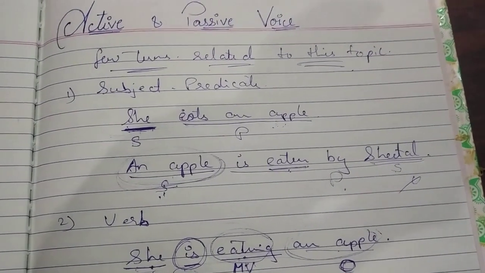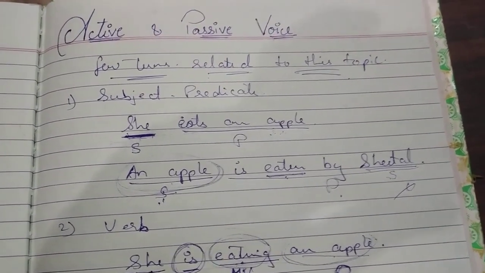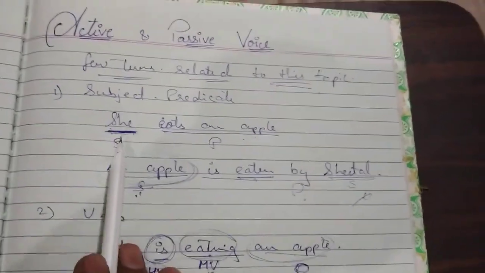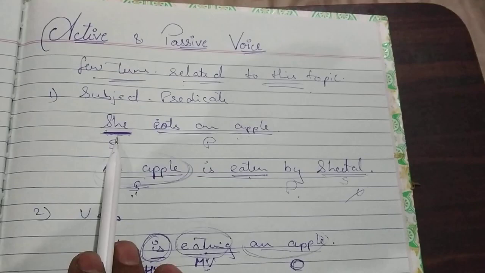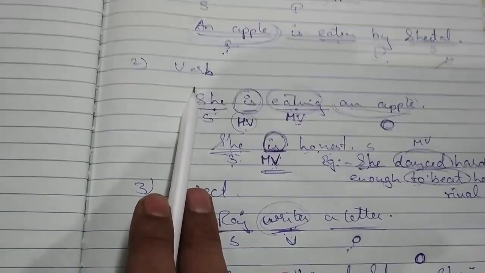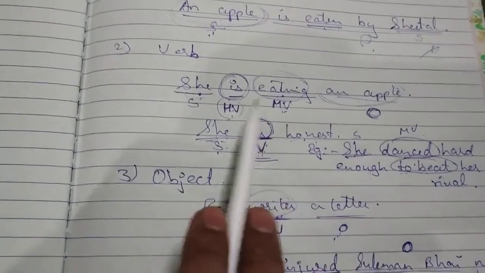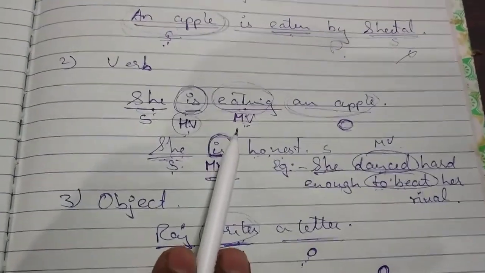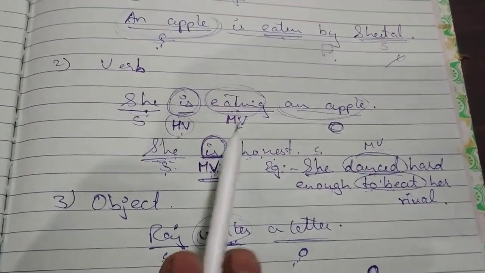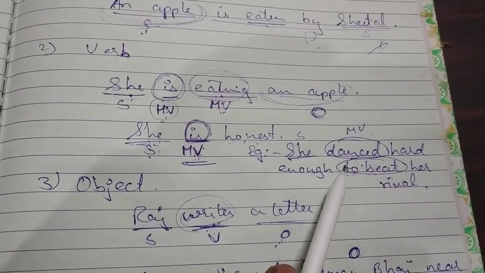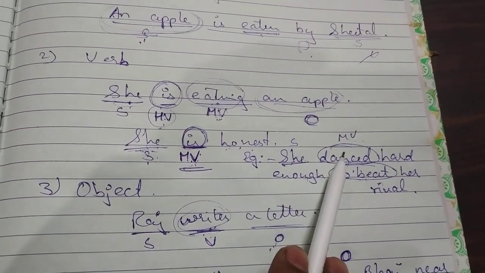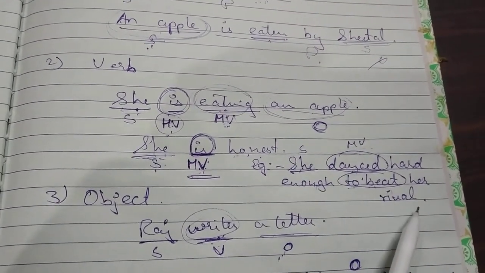I was just revising before going to the topic, that is, what is subject and what is predicate. As I told you, जिसके बारे में बात होएगी उसको subject बोलेंगे, subject को छोड़ के बाकी पूरा sentence predicate होता है. Then coming to verb. What the verb is, which is the verb, that I also explained to you. And we are concerned with the main verb. If two or three verbs are there in the sentence, then we are concerned with the main verb. We have to mark subject and main verb, and then object if object is there.